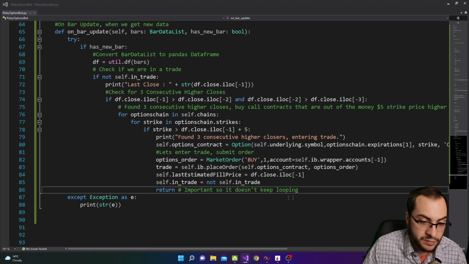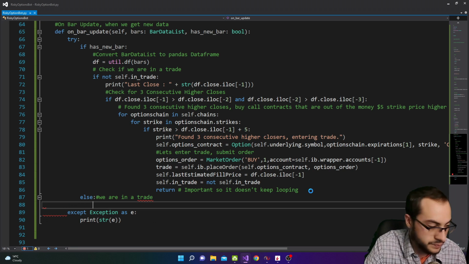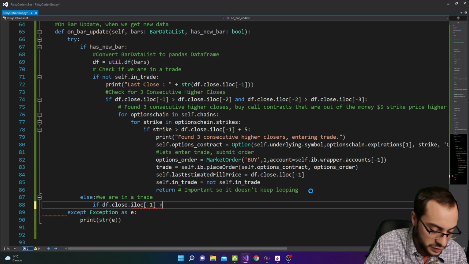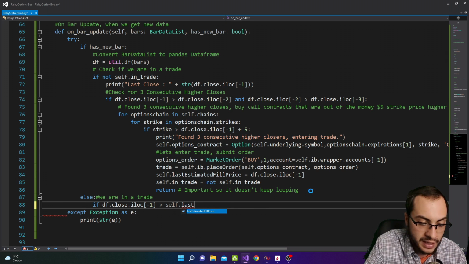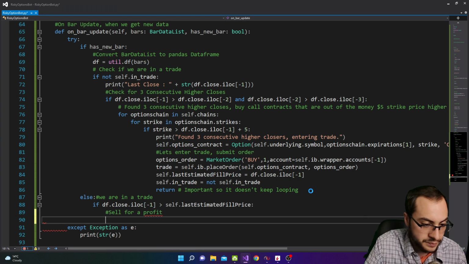Let's do exit. So we're going to need an else statement here. If self not in trade, else, we are in a trade. So if the last close price is greater than our last estimated fill price, we're going to sell for a profit. Okay. And it's not guaranteed because we are doing a market order, so we may not get filled at the best price, but we're going to do a market order, sell,